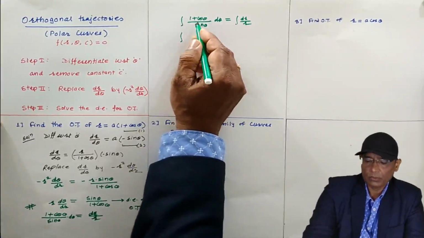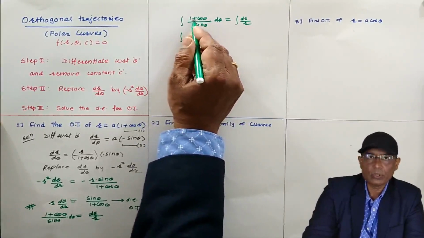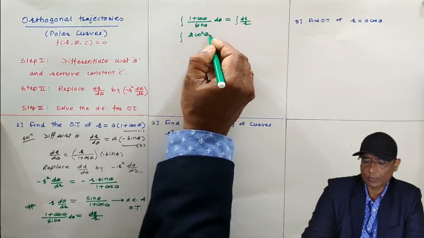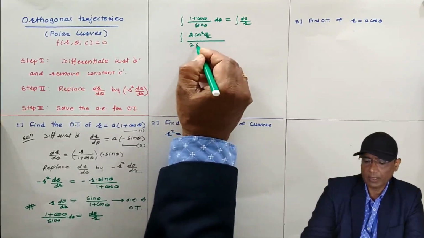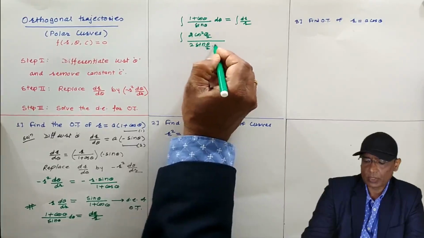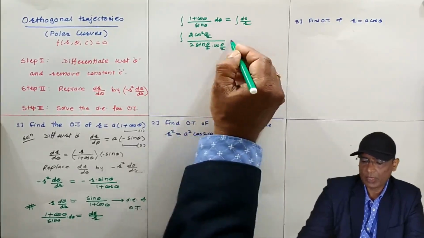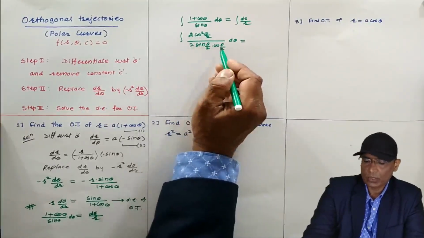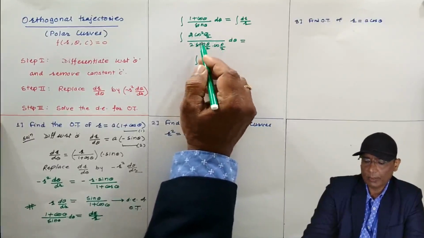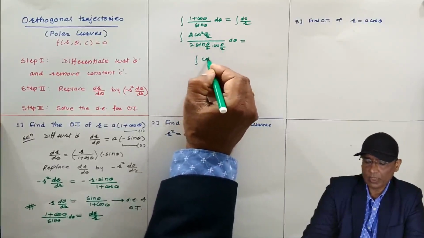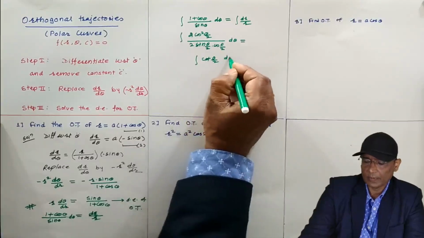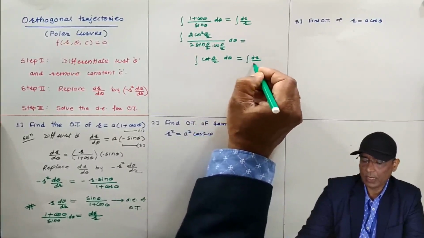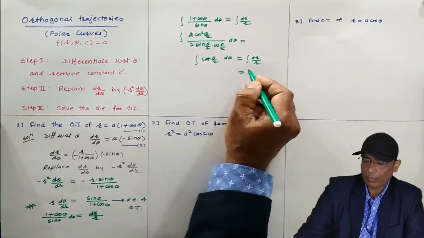In order to solve this integral, you can also use the trigonometric formula. 1 plus cos theta is 2 cos square theta by 2, and sin theta can be written as 2 sin theta by 2 into cos theta by 2. It's for the sake of integration that I am doing this. The right hand side is as it is. Now 2 gets cancelled, one cos will be removed, and cos by sin will remain, which is cot theta by 2. Directly writing. The right hand side is as it is. Now the integration of 1 by r is log r.